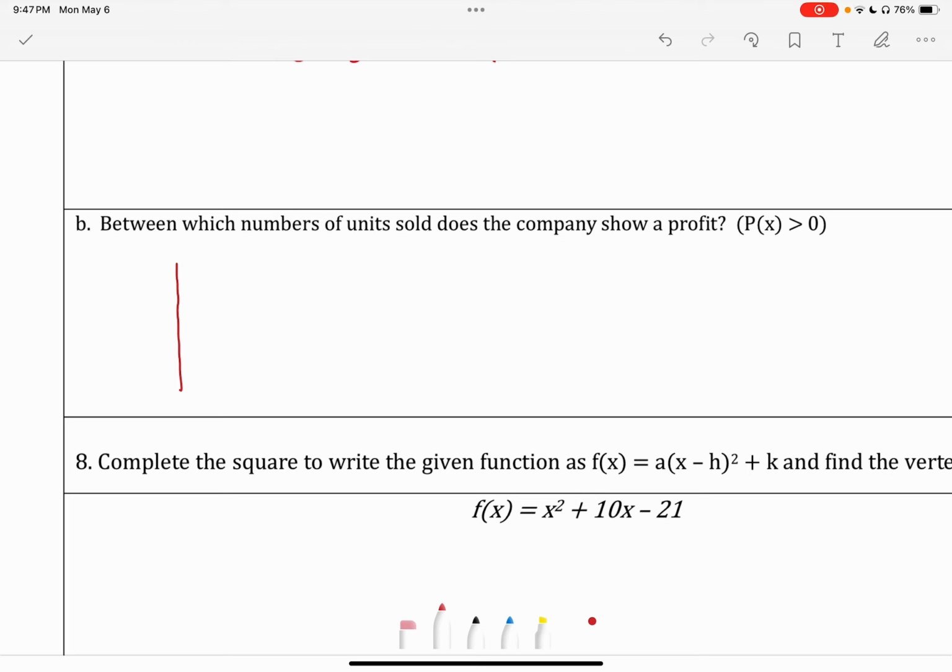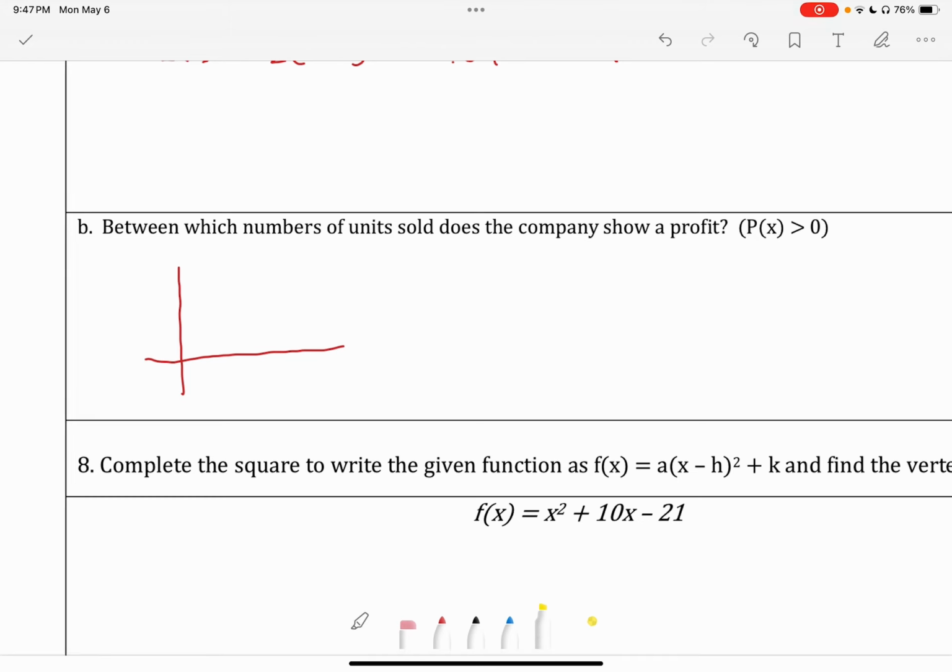So again, if we think of our graph here, I want to be on top of the x-axis. So again, we don't know what our graph looks like right now, but we know it's a parabola. So again, we're looking for this chunk here, which means, again, I just need to figure out where does it cross the x-axis,